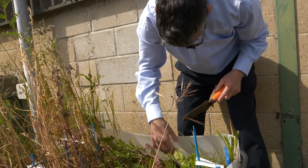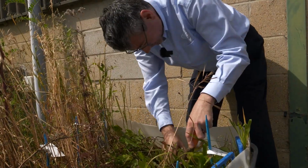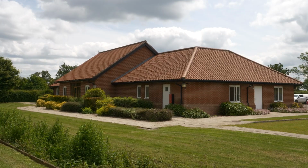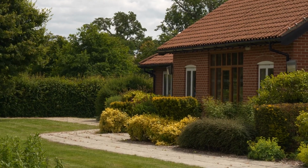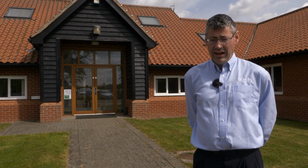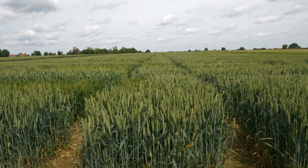I am the Farming Systems and Soil Specialist at NIAB, and I lead some of the long-term rotational work looking at cover crops, interactions with cultivations. We have regional centres, so here at Morley and other sites around the country, so we can really understand different agronomic impacts on different soil types with different rotations. Our head office at NIAB is in Cambridge, and we can then look at how we look at long-term rotation